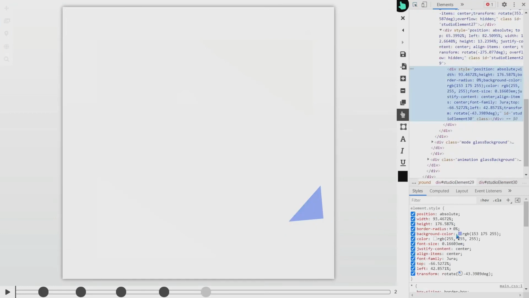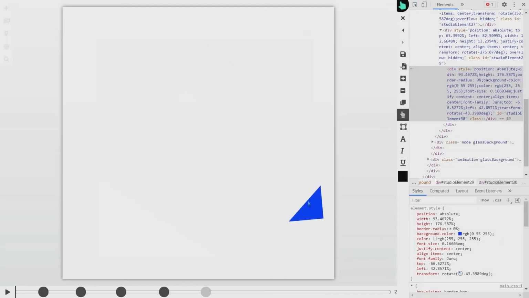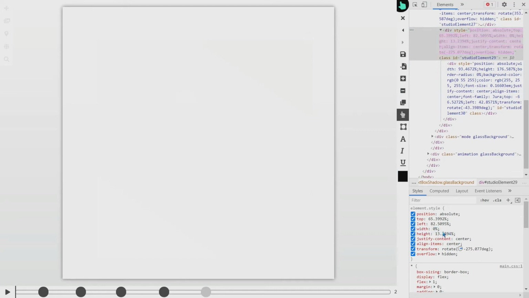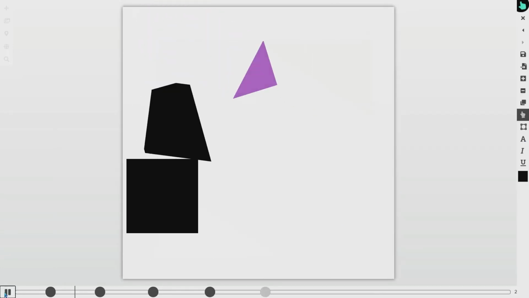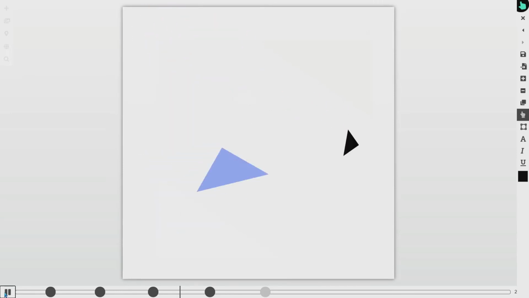Let me make the blue color stronger when it disappears to shine a little bit, and the size should be 0 to make it disappear. And what we have now is the same effect we wanted. Okay,